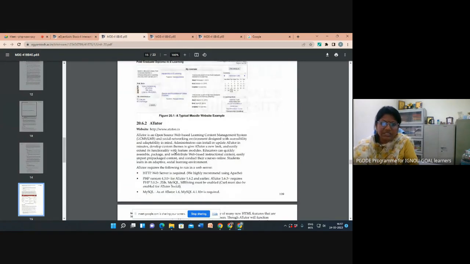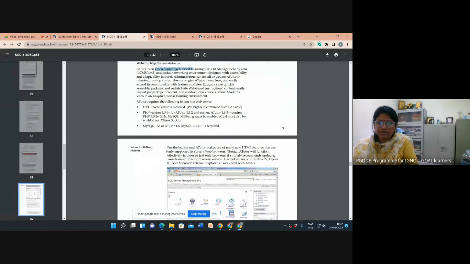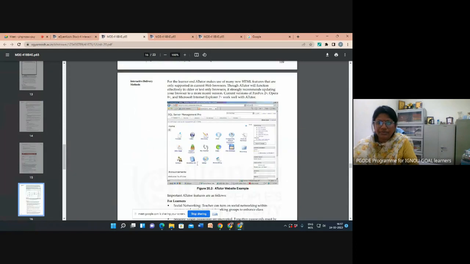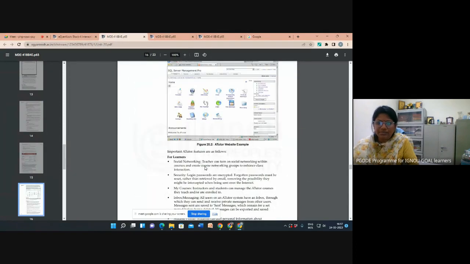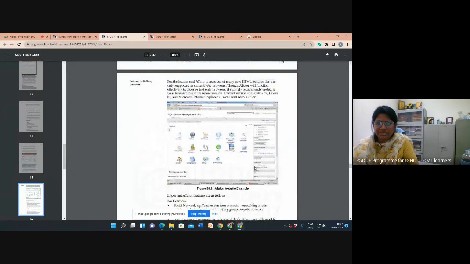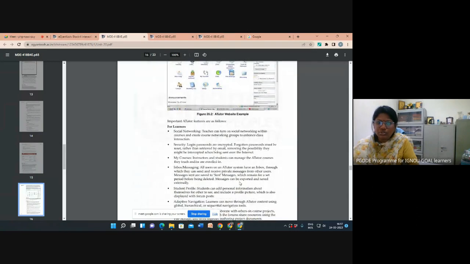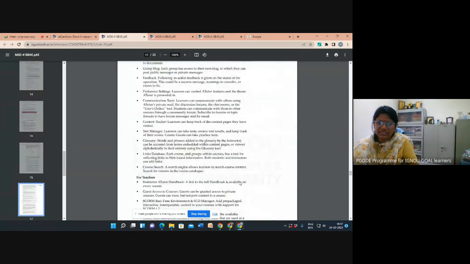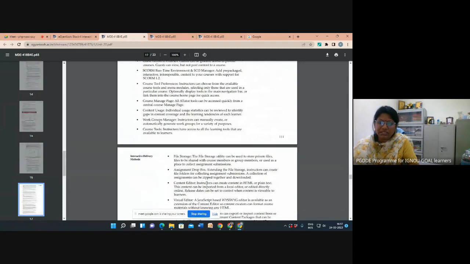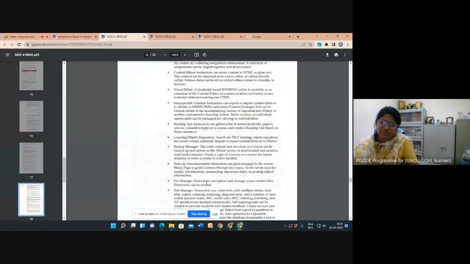Apart from that, there is also another one. Tutor is also open source software which supports the same thing, PHP and MySQL. The environment is different, like a website-based thing, and here also learner activity is there and teacher activity is there. You can upload content and learning objects and so on. It supports all the things.